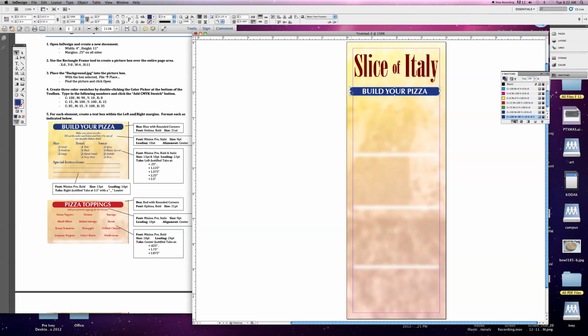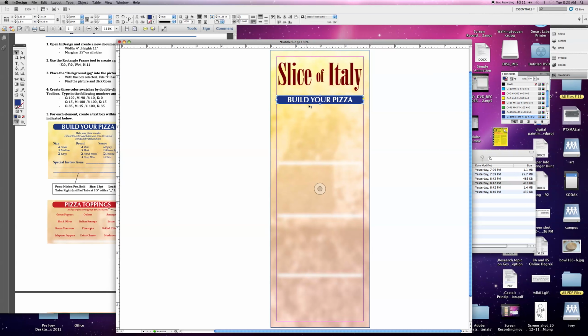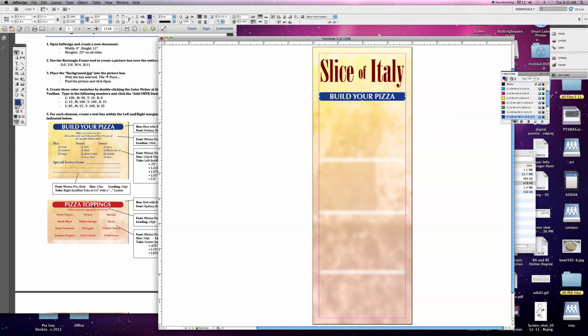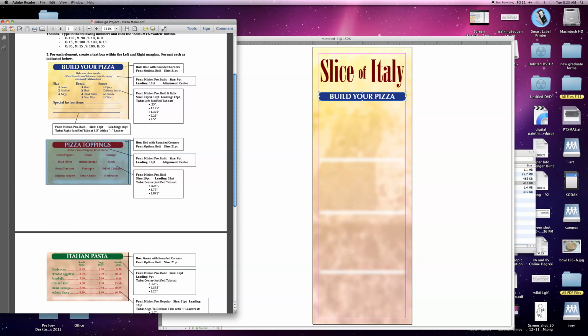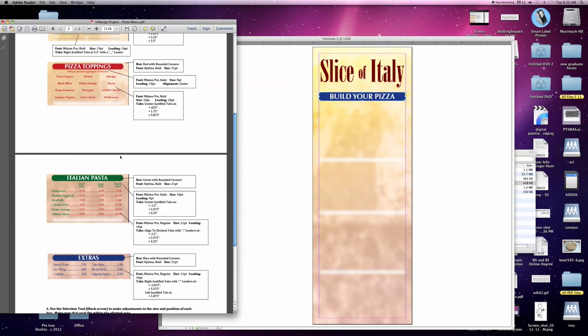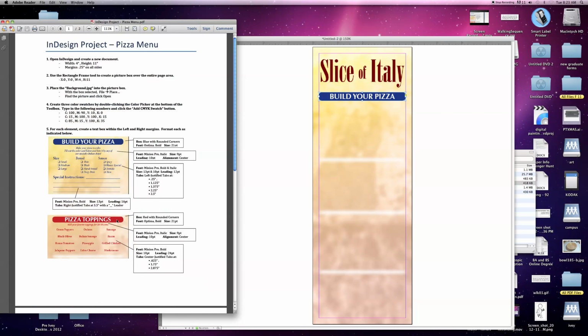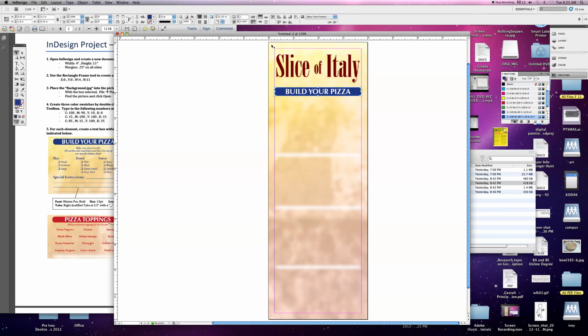I'm going to place it within my text document. Remember, all these text documents should remain inside of your margins. For each area, you'll notice that all we're doing is changing the type and also changing the color. So I can quickly make a copy of each one of these for pizza toppings, Italian pasta, and extras. So let's do that right now. With it selected,